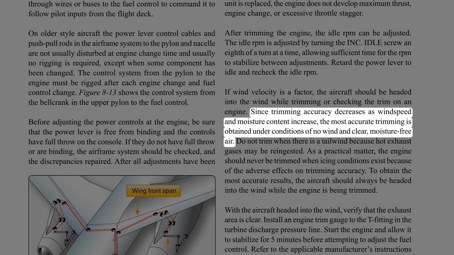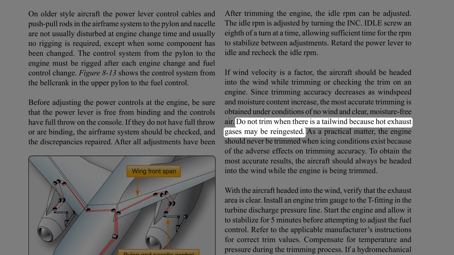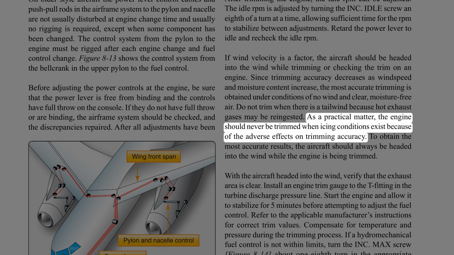Since trimming accuracy decreases as wind speed and moisture content increase, the most accurate trimming is obtained under conditions of no wind and clear, moisture-free air. Do not trim when there is a tailwind because hot exhaust gases may be reingested. As a practical matter, the engine should never be trimmed when icing conditions exist because of the adverse effects on